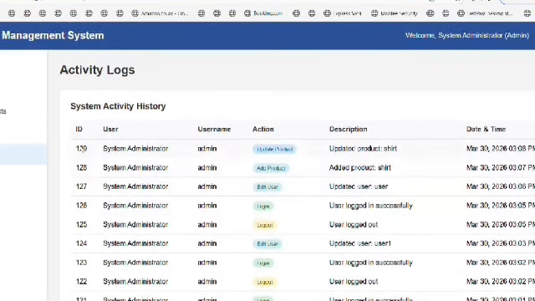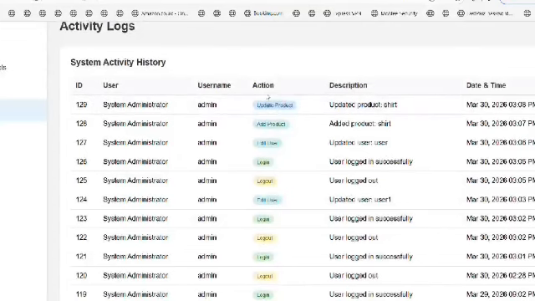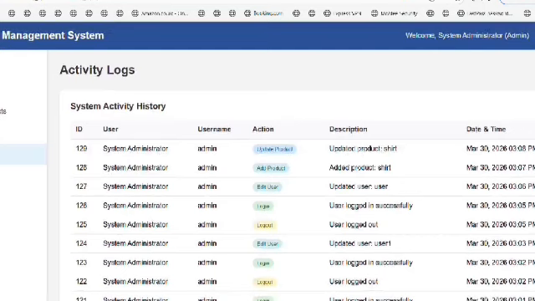Here the user ID, system administrator, username admin, user, date, action, product update, actions of every user, update, add. Earlier we updated a product, we also added a product, and we also edited the user name, and the login, logout, and so on and so forth. Yeah, and we're going to see the user.